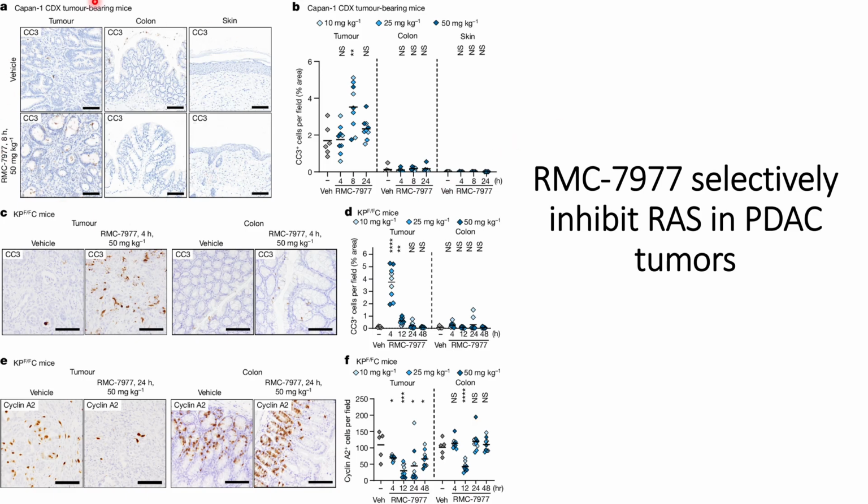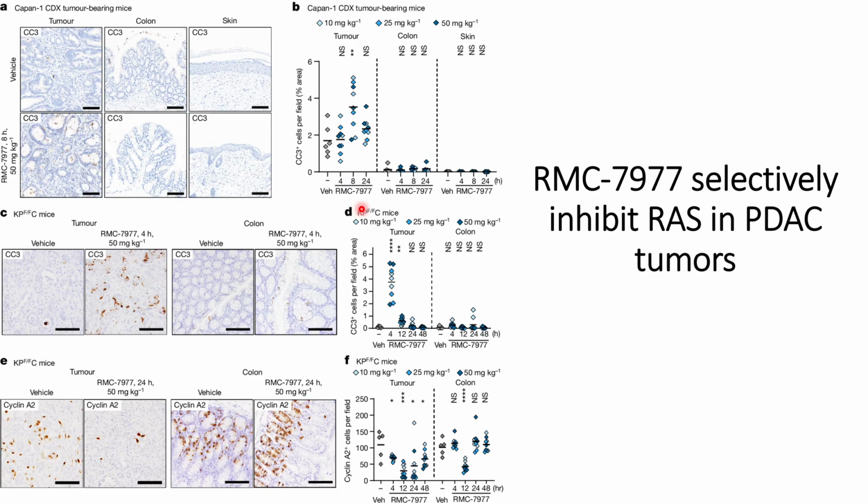In panel A, they used the KPN1 cell line derived xenograft in the tumor-bearing mice model and checked apoptotic markers such as CC3 at different sites. At the PDAC tumor sites, they see more CC3 levels compared to the CC3 levels at the colon site and skin. They observe a peak of the CC3 marker at 8 hours with a dosage of 50 milligram per kg. These are quantified in panel B,